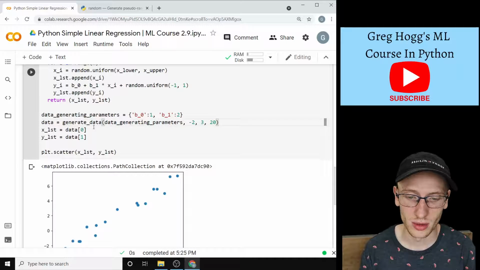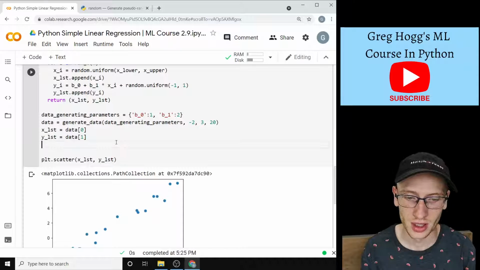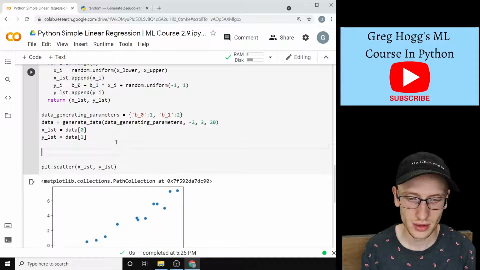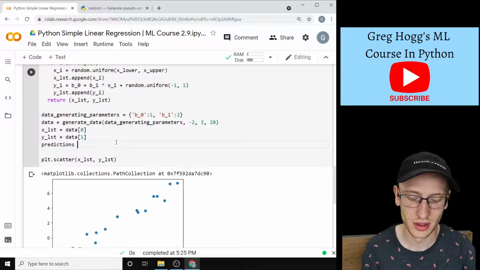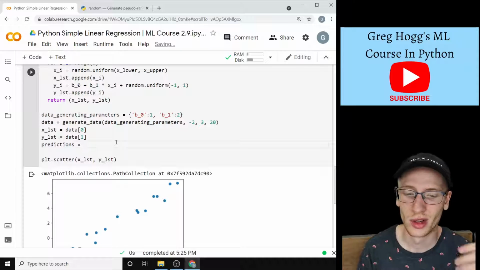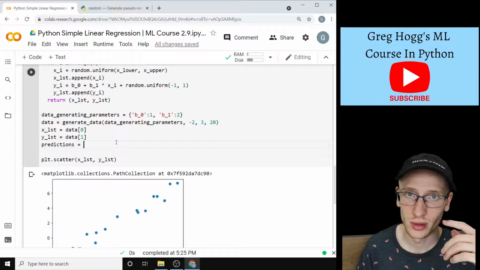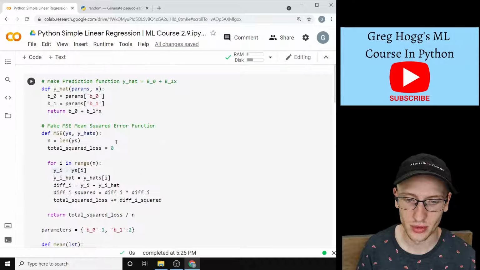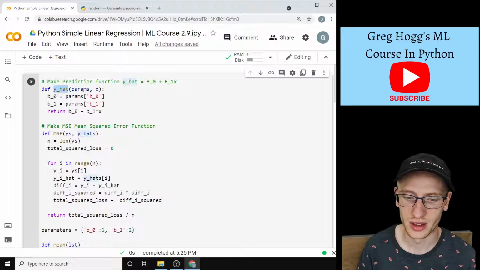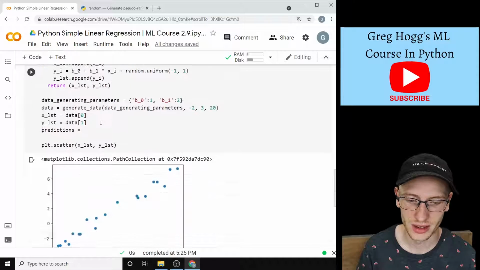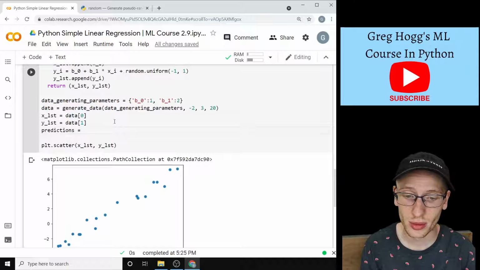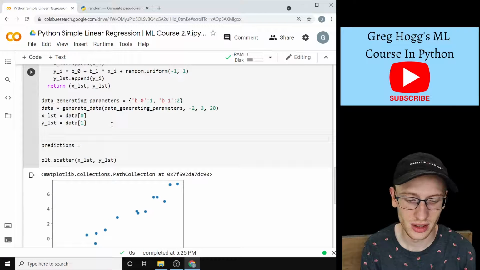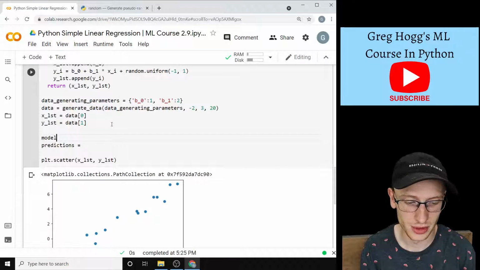After that, we have the data, which comes in an x and y list. Well, we can very easily get predictions. So we can say predictions is equal to what? Well, it's going to be the y hat. So we know we're going to use y hat, which is based off of parameters and x. So we need parameters here as well. We'll just say model params